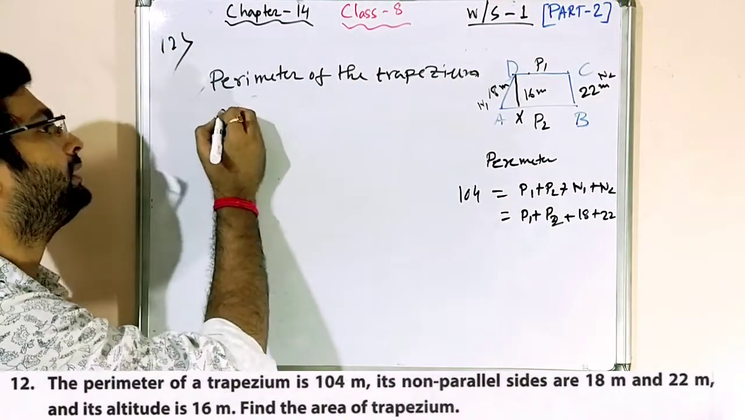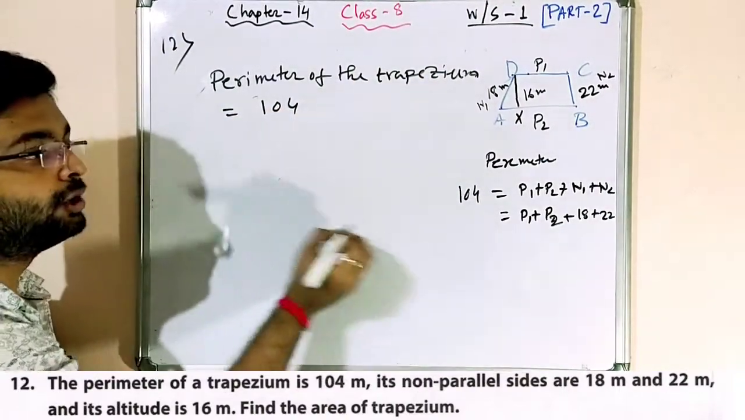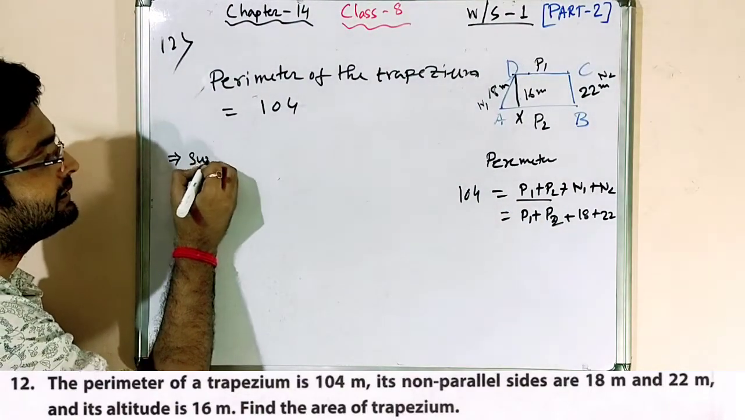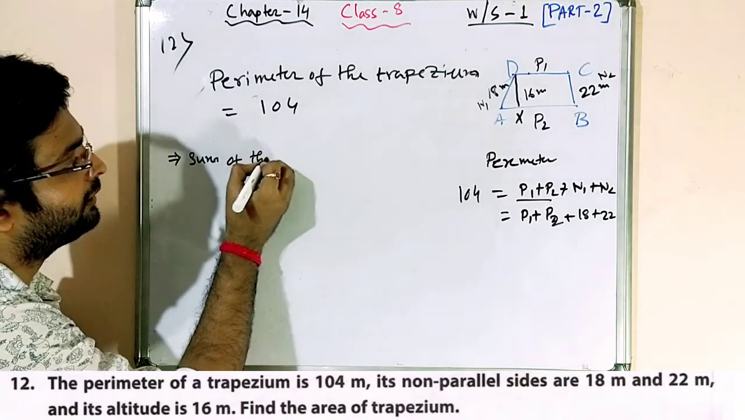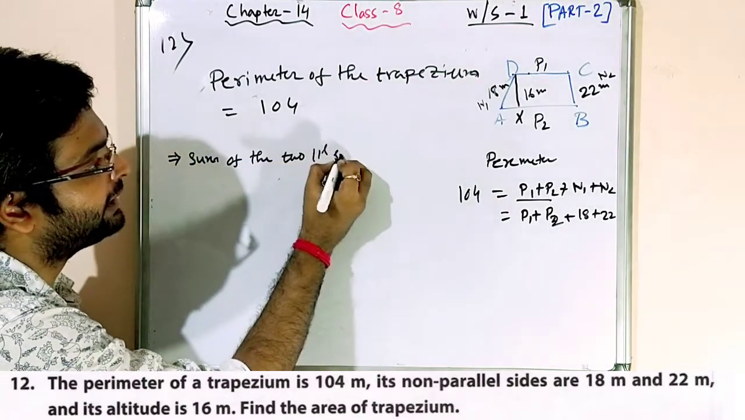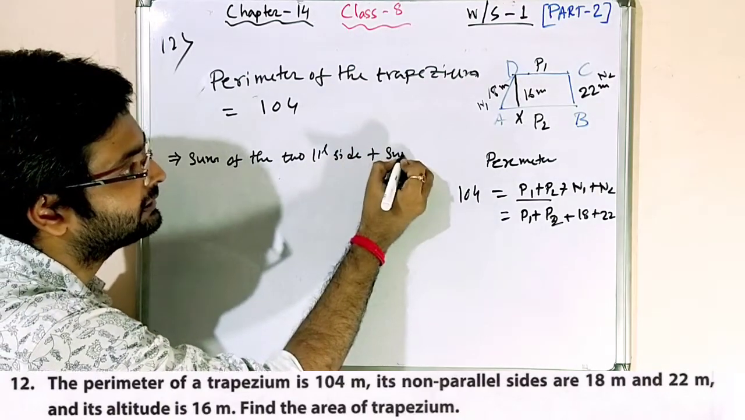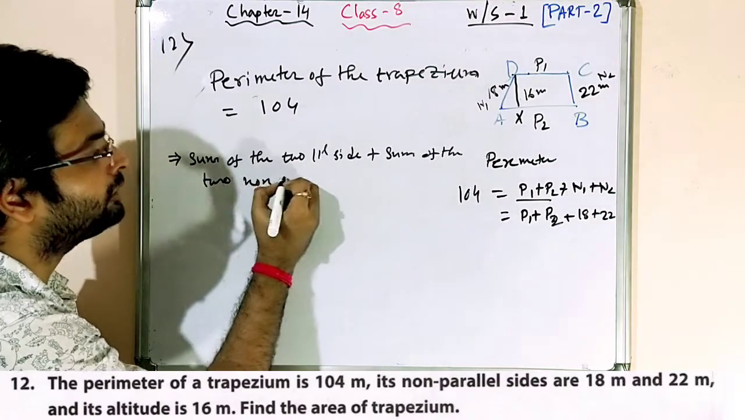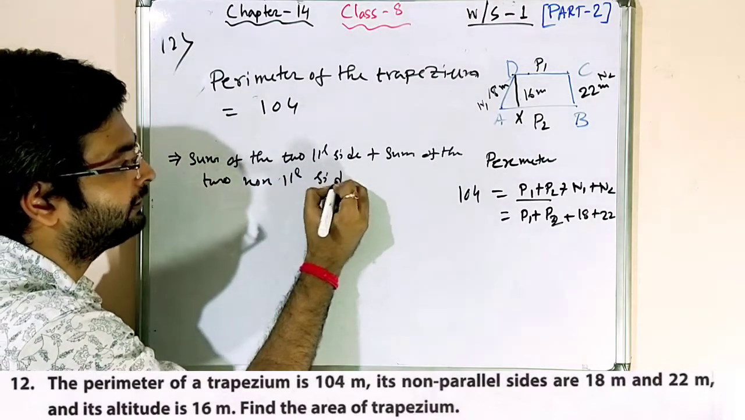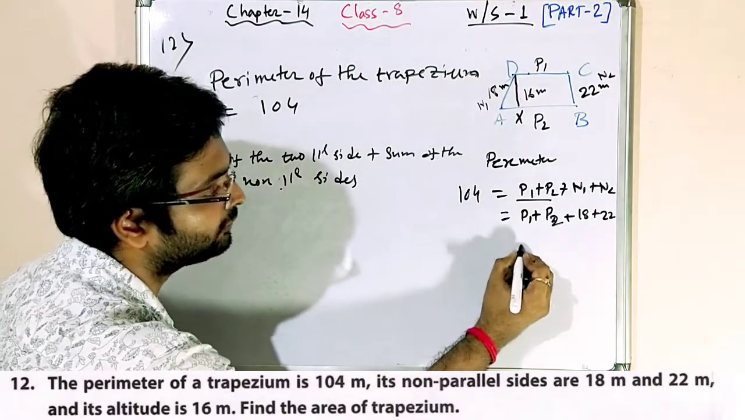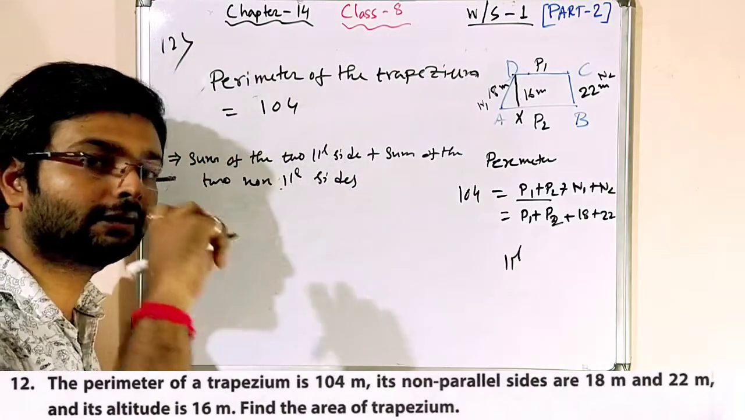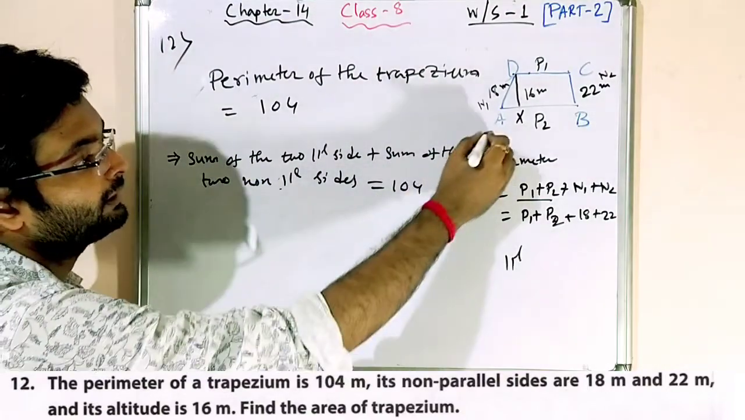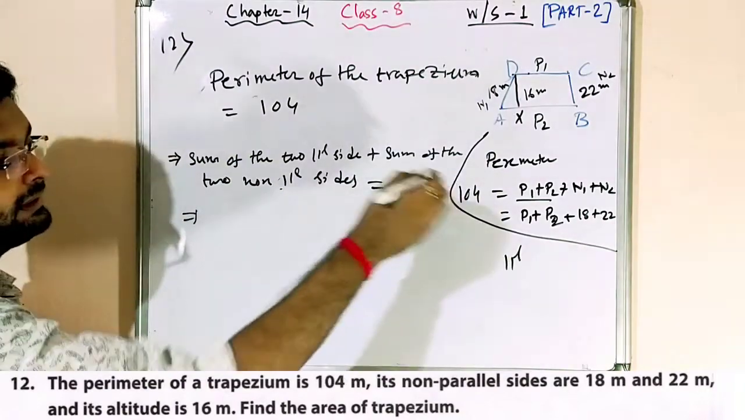पेरीमीटर ऑफ द ट्रापेजियम इक्वल्स टू व्हाट? 104 है ना। तो हमें क्या फाइंड आउट करना है? सम ऑफ द टू पैरेलल साइड्स। सो इक्वल्स टू व्हाट? इम्प्लाइज सम ऑफ द टू पैरेलल साइड्स प्लस सम ऑफ द टू नॉन पैरेलल साइड्स। देखो ये पैरेलल साइन है, पैरेलल साइन को ऐसे लिखता है, दो लाइन जो पैरेलल का साइन होता है वो फिर L ऊपर में। तो दैट इक्वल्स टू व्हाट? 104 है ना।